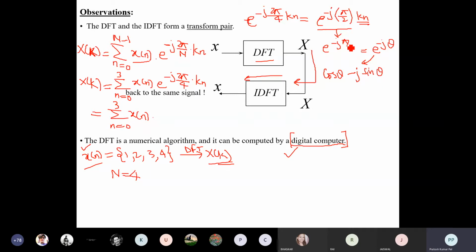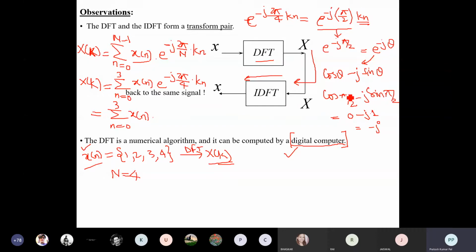So same, if theta is equals to, by comparing these two we can find theta is equals to pi by 2. So हम pi by 2 की वैल्यू इसमें पुट कर देंगे. Okay, so that will be equals to cos pi by 2 minus j sin pi by 2. So what will be this value? Cos pi by 2 is 0, okay, and sin pi by 2 is 1, so finally we will be getting minus j. Okay, so e to the power minus j pi by 2 will be equals to minus j.